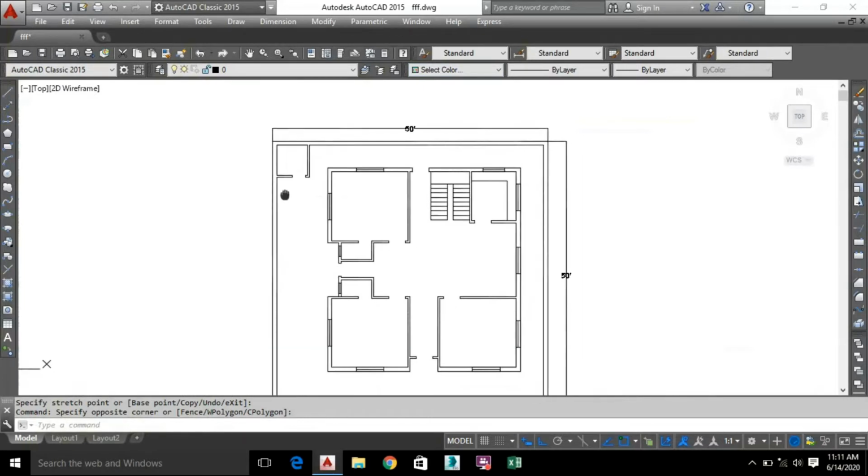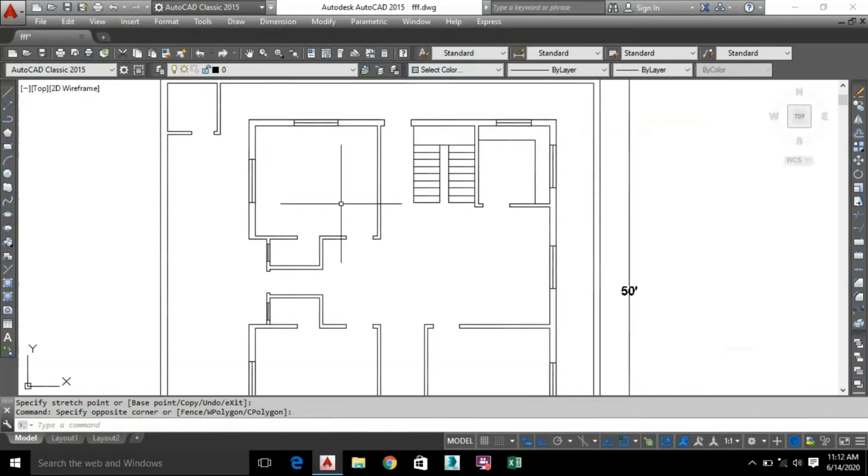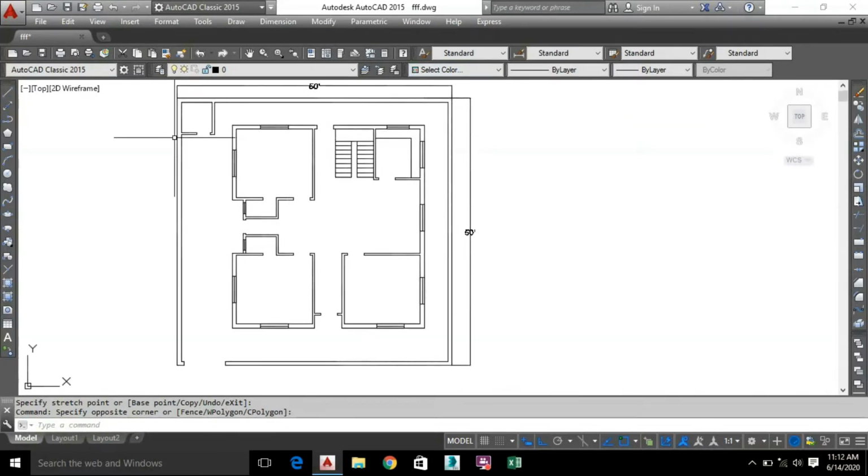Okay, so from these sides I will measure the size of my plot there, which is 50 feet into 50 feet. Okay, now I will